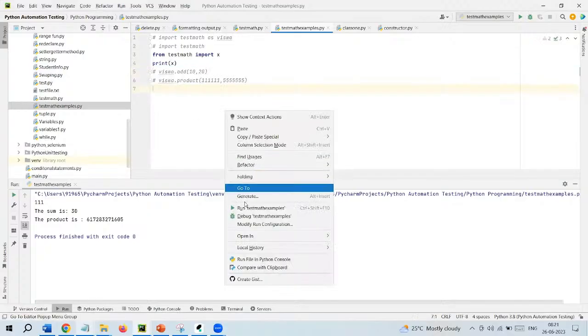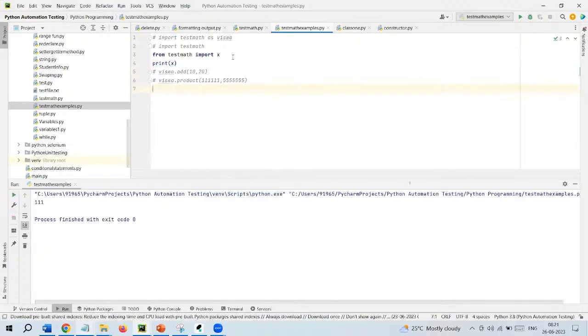You can simply see, as you imported only x value. If you want to import multiple, add a comma, and the add function is also there, right? So simple, you can use it. You can call this add function. Just uncomment this and remove the alias name and directly call this add. You can see